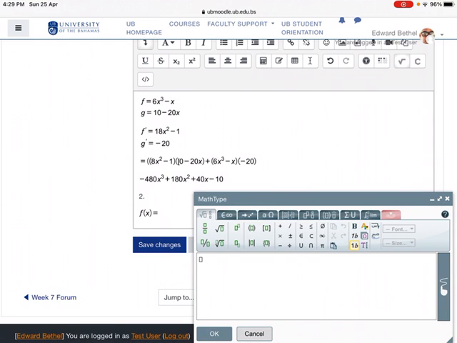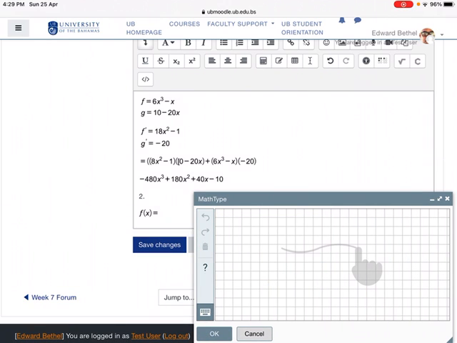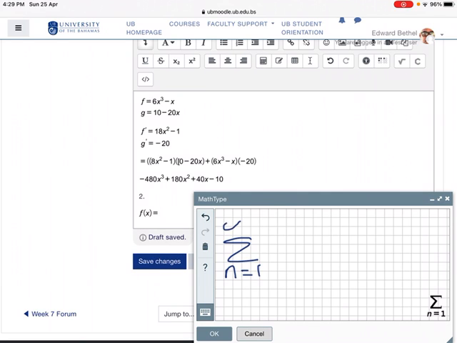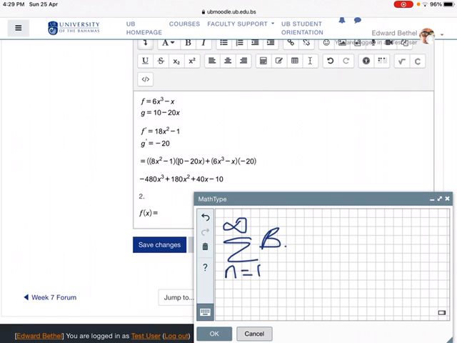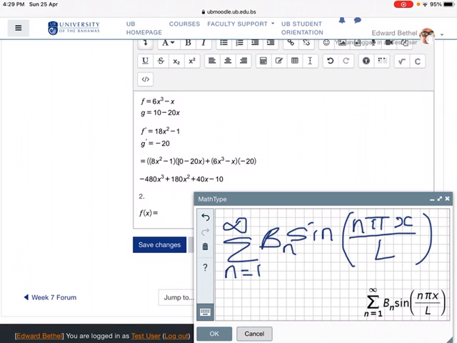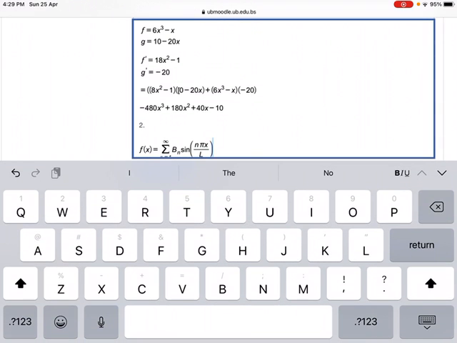Close this off, and it's going to be the sum of n equals 1 to infinity b sub n sine, all brackets, n times pi, let's make sure that comes out, excellent, times x all over L, close brackets, and click OK, and the entire